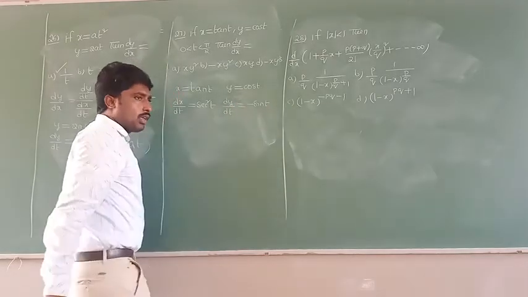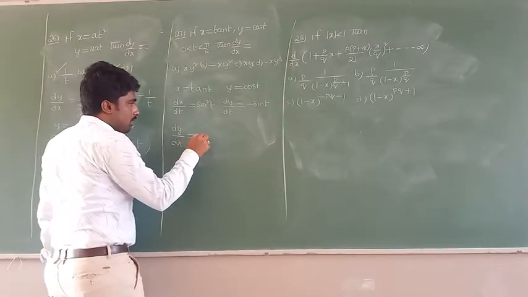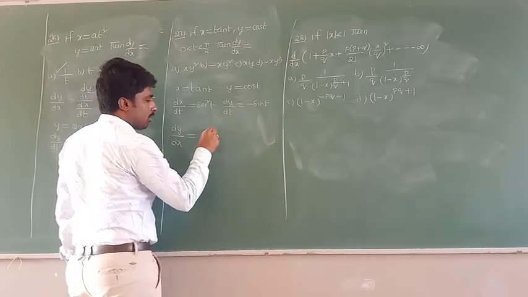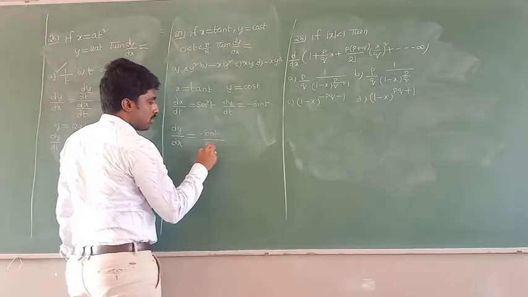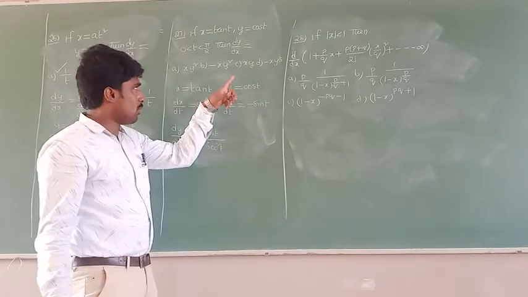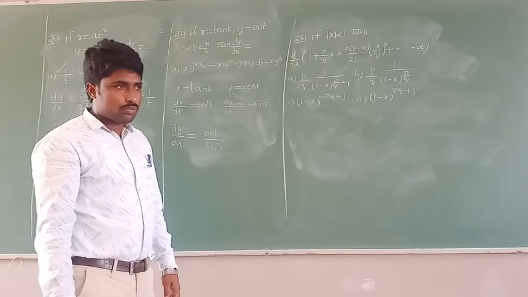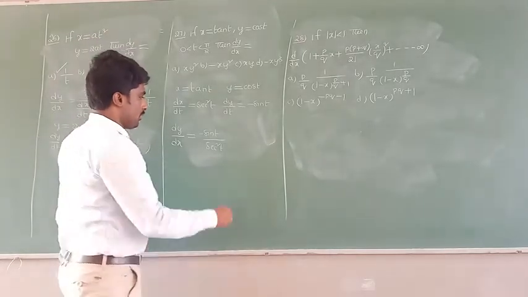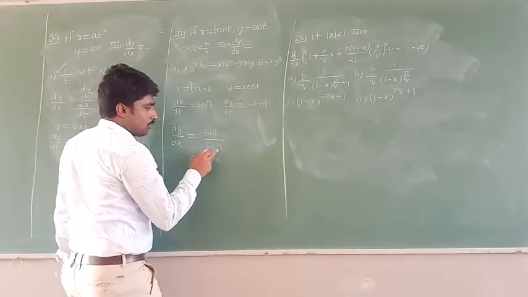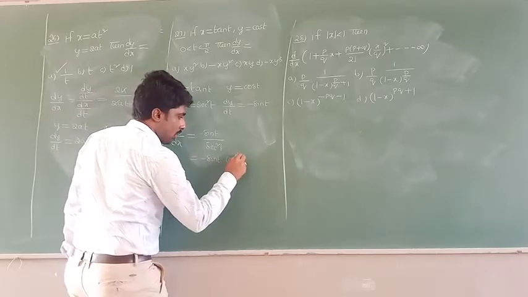Minus sin t. Now dy by dx, all of you see here, dy by dx equals dy by dt divided by dx by dt. What is it here? Minus sin t by secant square t. All of you understand? But if you see, the option should be in terms of x and y. So that's why you need to modify this function. All of you see here. So what will we get here? Minus sin t into, if secant square t goes to the numerator, what will we get? So this becomes cos square t.